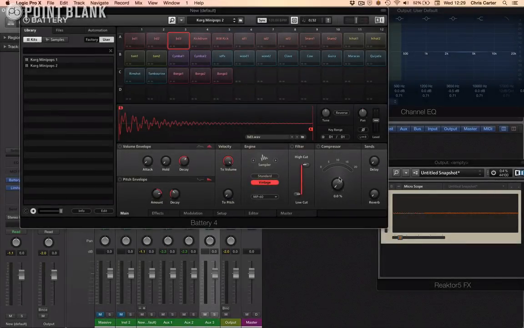Each cell has its own compressor and its own send to a couple of effects units, my delay and my reverb. And if I'm looking for these effects, I'm wondering where they are, then if I click on this master tab